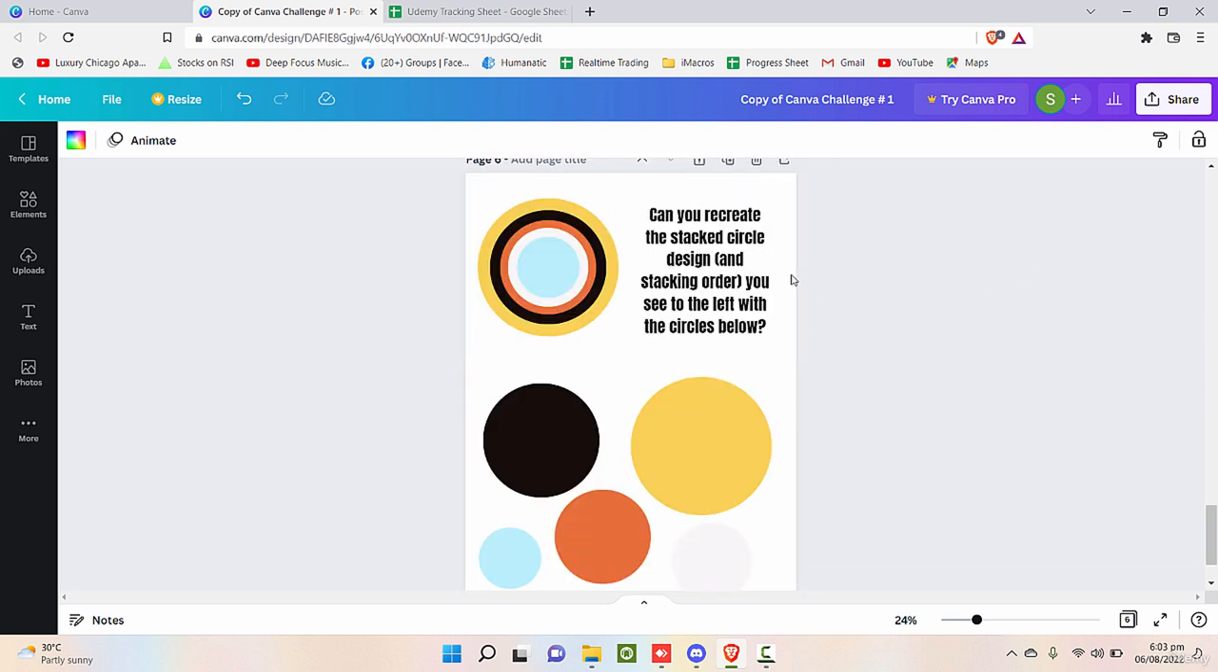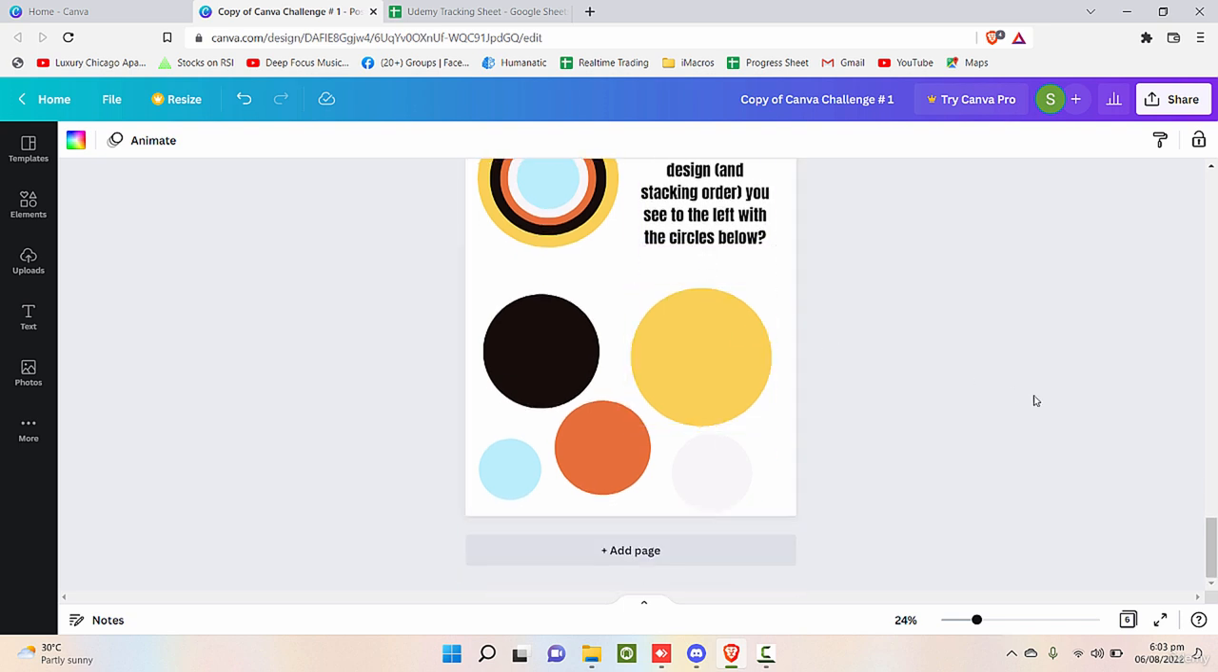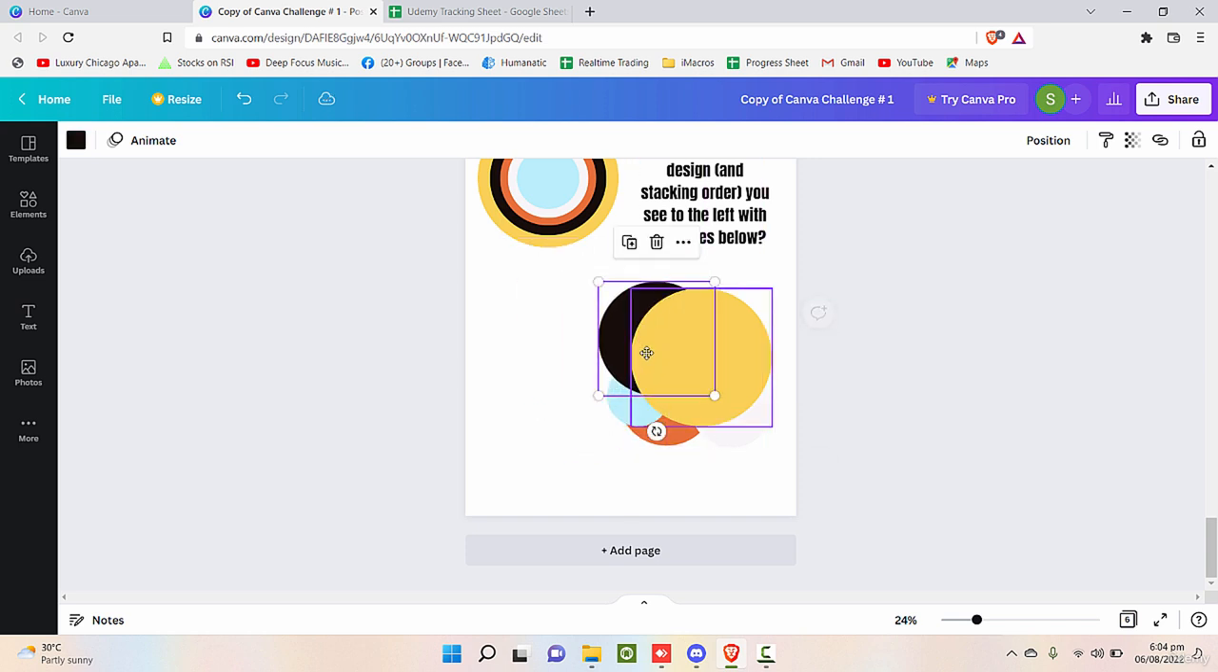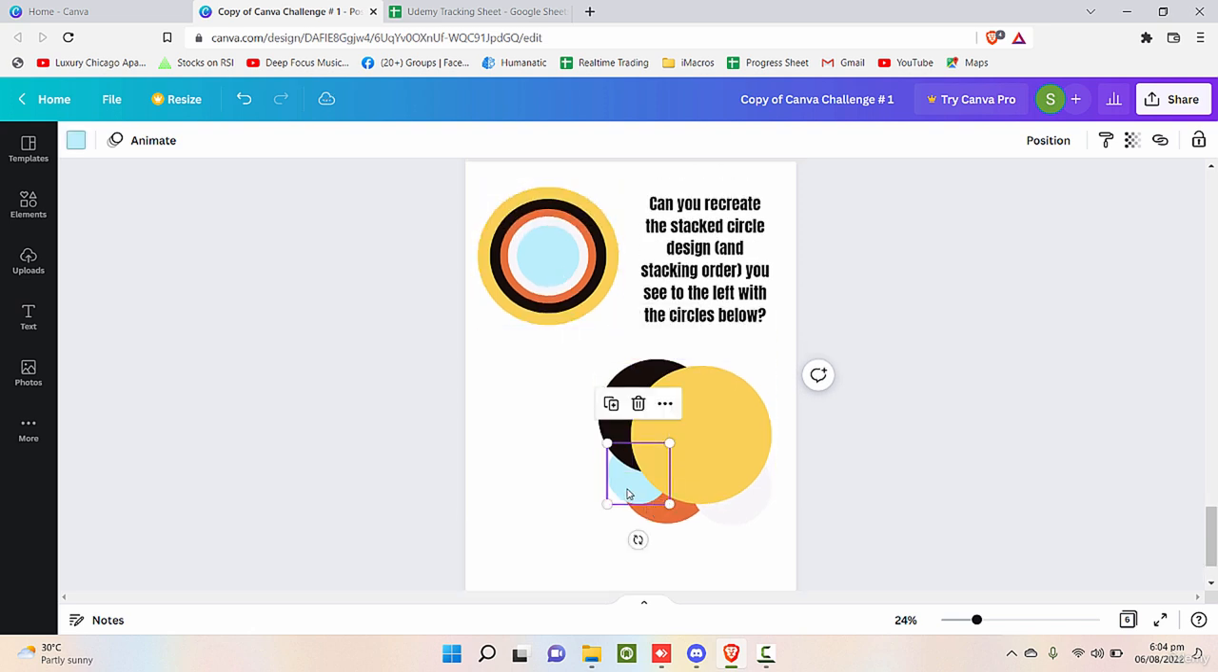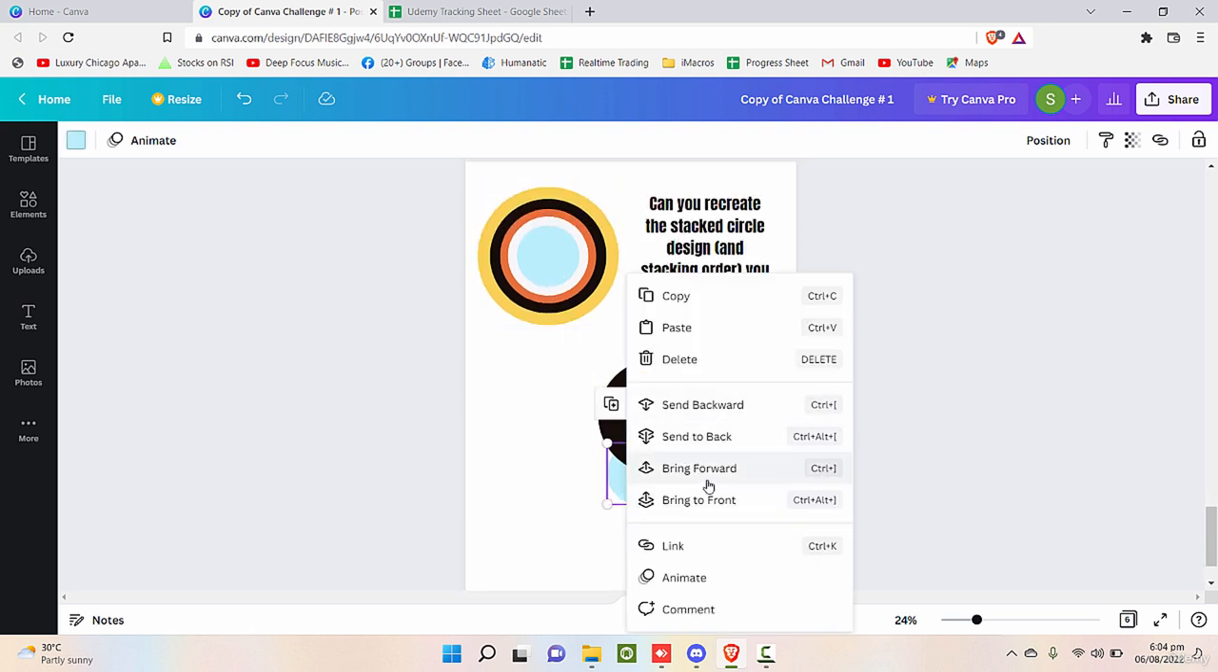The next requirement is, can you recreate the stacked circle design like this one? You see to the left with the circles below. We need to create this design, right? Now here we will smartly use all the techniques and make it as quick as possible. First of all, bring these shapes under this one circle. Like this. Then according to this step, this should be on the front. So bring forward,